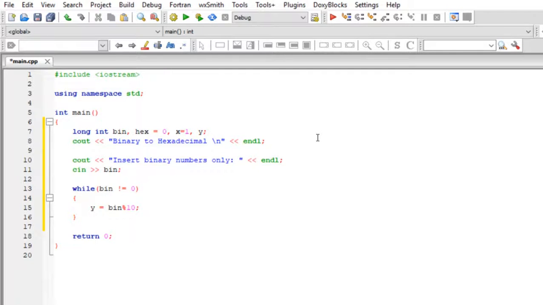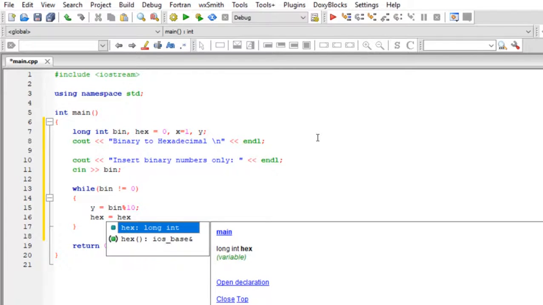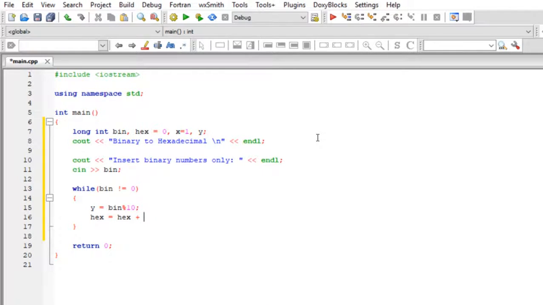So we save the remainder right inside y, and then we go ahead and say hex is equal to hex plus y multiply x. Alright, and put a semicolon,